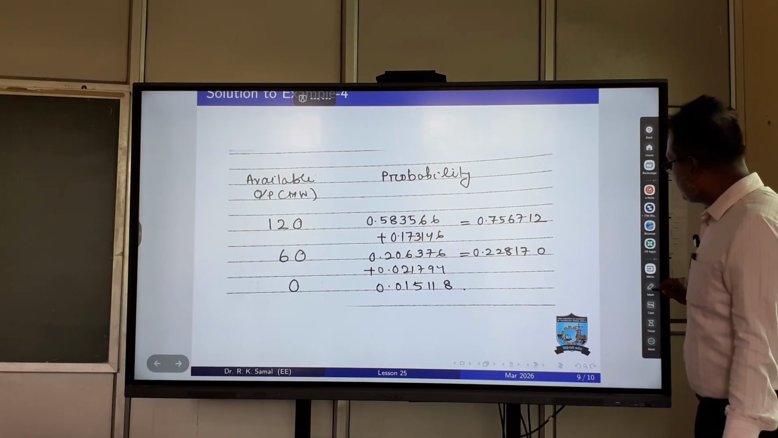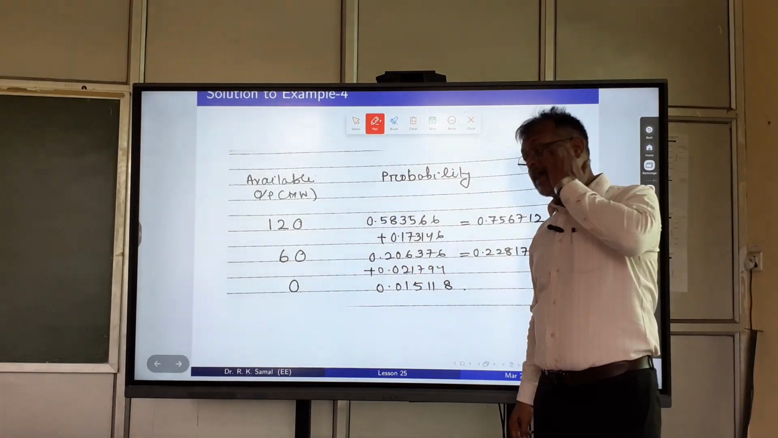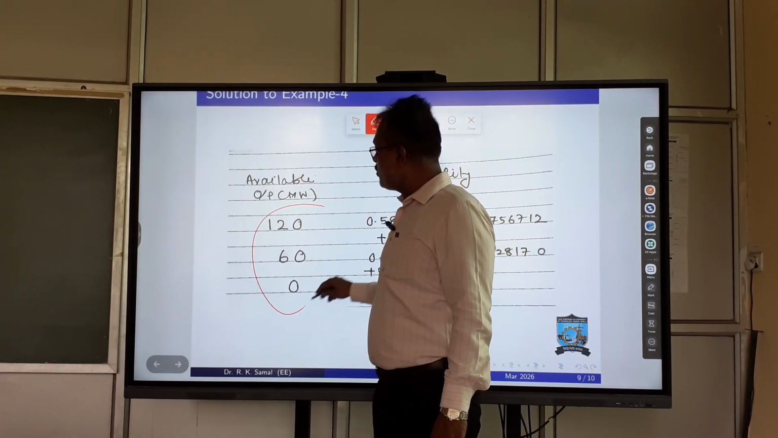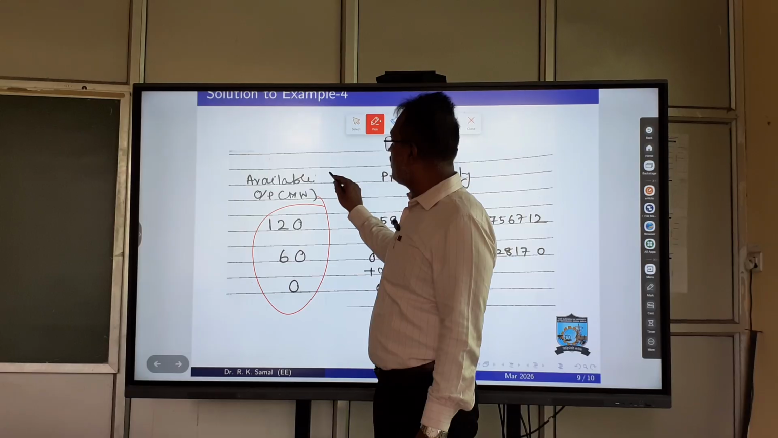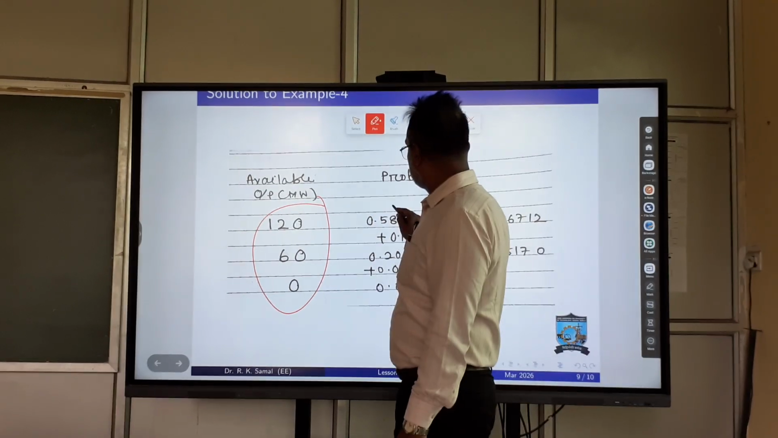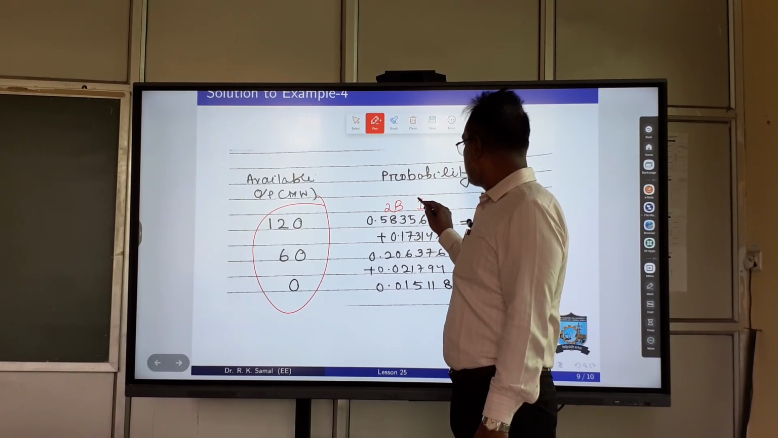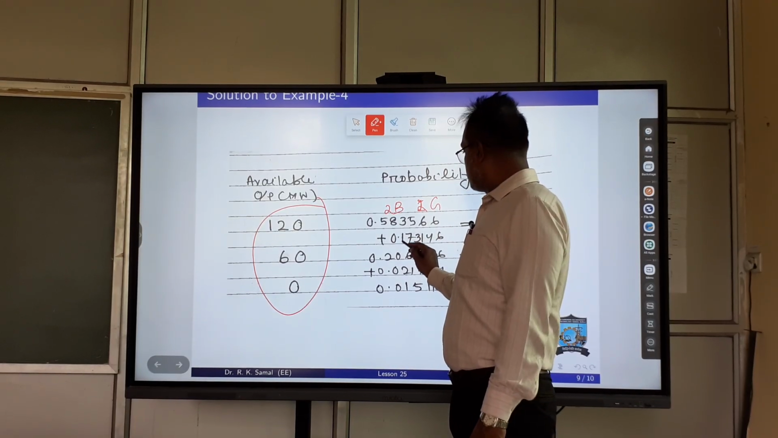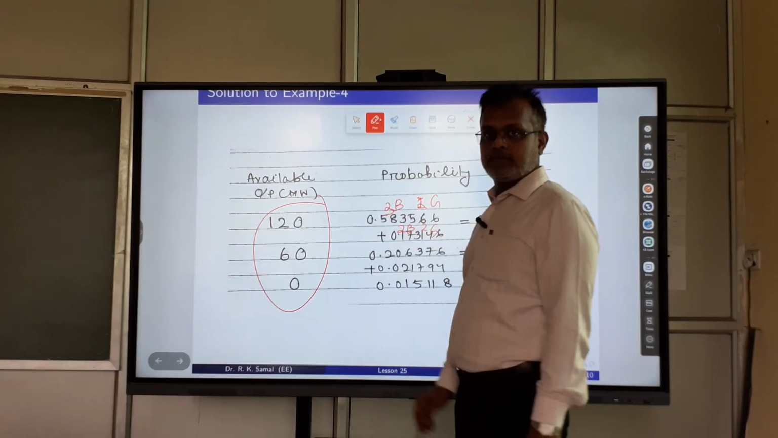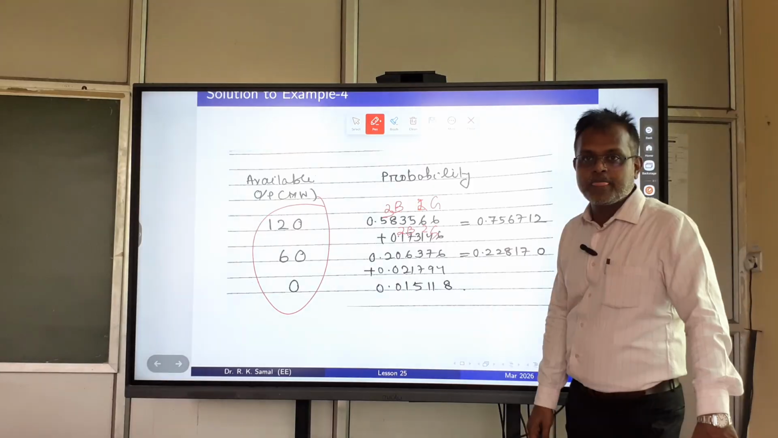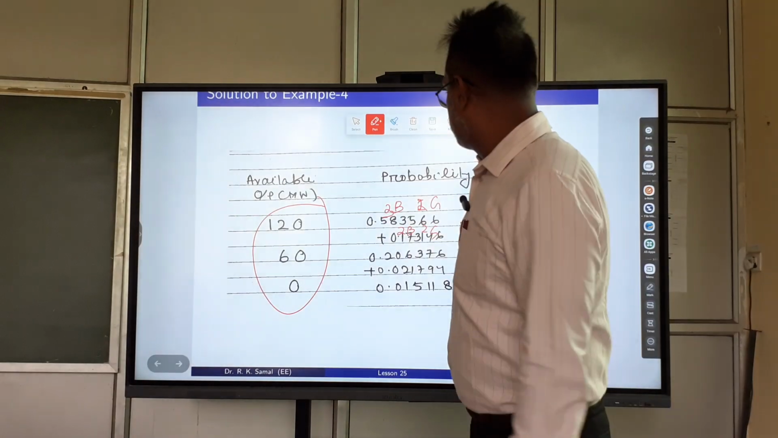But this case is a bit simplified because the generator output, the total output, can be either 120, or 60, or 0. Right? Why is that so? Because for 120 megawatt, either 2 boilers and 2 generators are up, or 3 boilers and 2 generators are up. There are 2 generators of 60 megawatt each. So if 2 are on, that means 120 will be available. And 60 will be